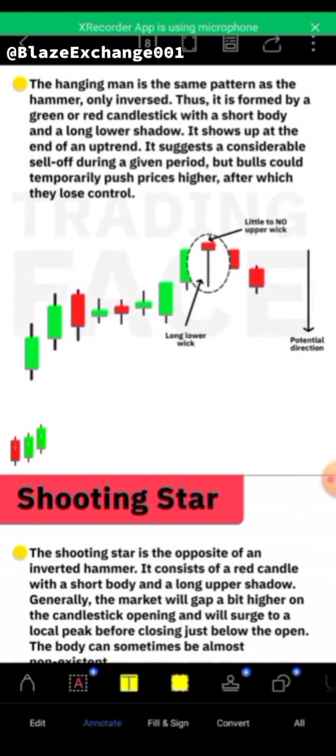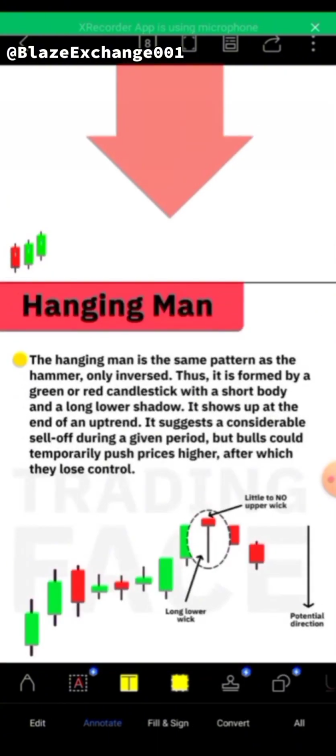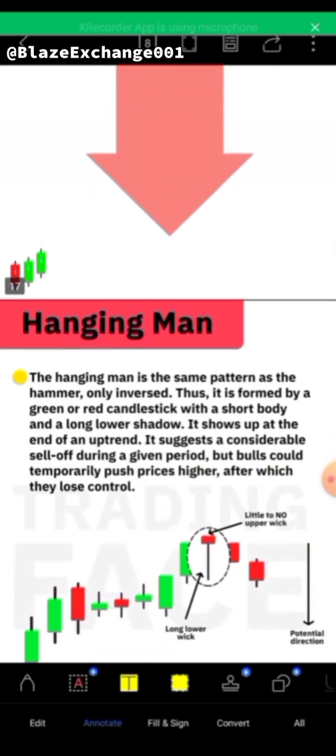One thing I did not explain from the beginning: before you confirm a particular candlestick, if you're talking about bearish, it must come from an uptrend. The one I just explained earlier is from a downtrend, which is a bullish candlestick. The price must be going down first before you sight that candlestick, before you know that this is bullish. But if you are talking about bearish, there must be an uptrend first before you sight it. You must sight it at the top. It must be going from down to up, then you sight it at the top. That is when you know, yes, this is what we're talking about, bearish.